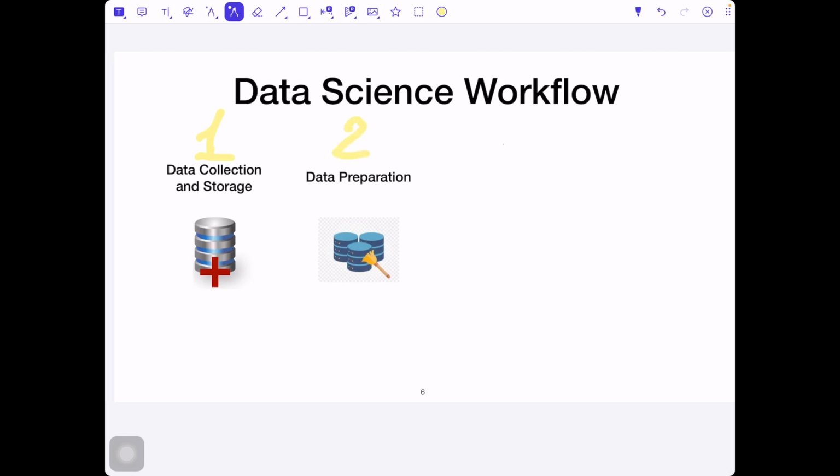Our next step is data preparation, and this includes cleaning data. This is actually a very important step, because the data which come to us very often have some missing entries. They could have some duplicates. Think about it: we want to do a medical study. We collect the information about the patients, and the patients are adding items to some given tables.